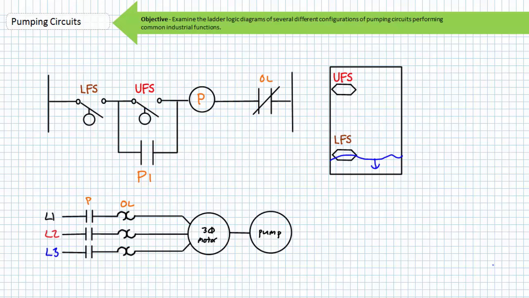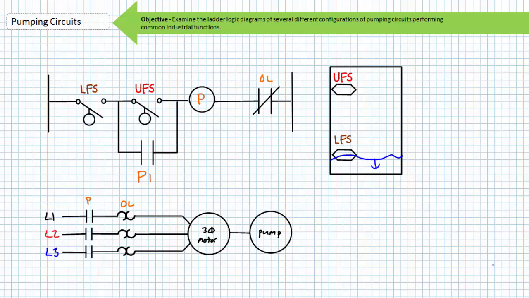The open lower float switch de-energizes the P contactor coil, the primary P contacts open, and the motor-driven pump free spins to a halt. Without the lower float switch, the motor-driven pump would still be energized via the P1 holding